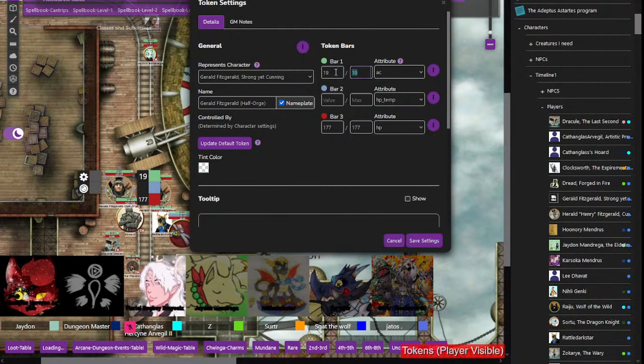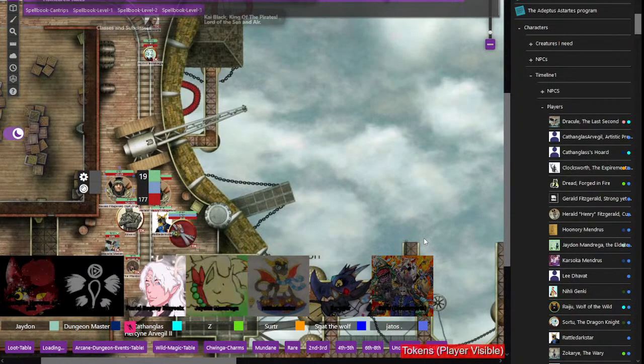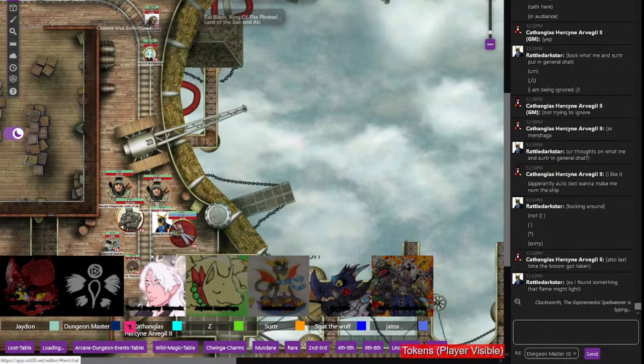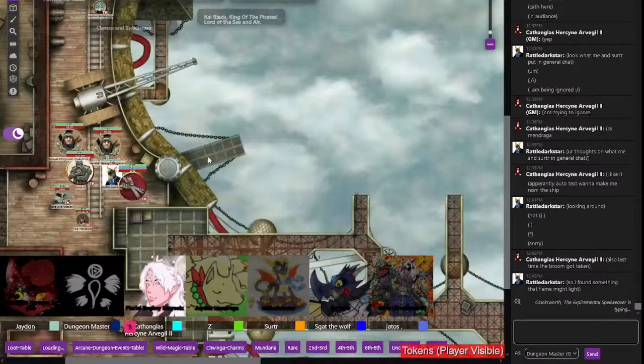Also, for some reason, Harold has 30 more HP than Gerald. I forgot this is the thing. You did that for a reason. One is more careful, one is more hardy. Right, but okay. Anyway,